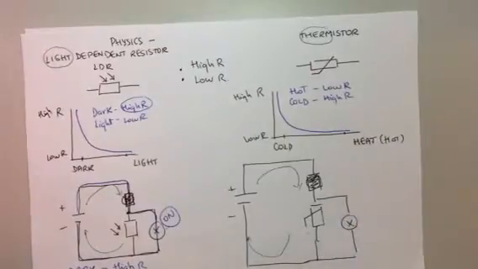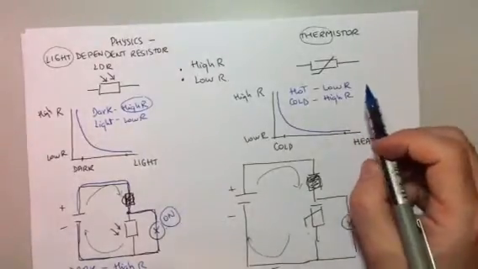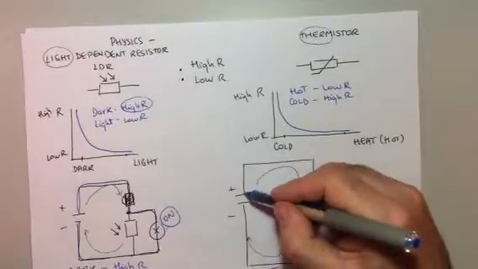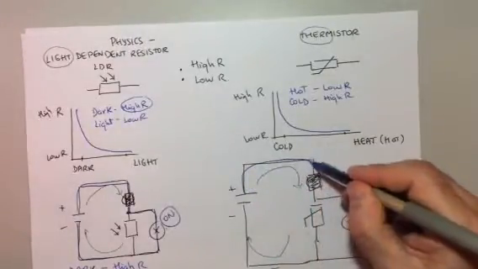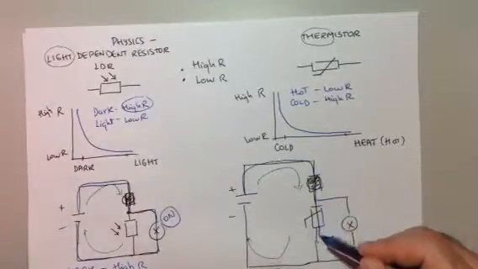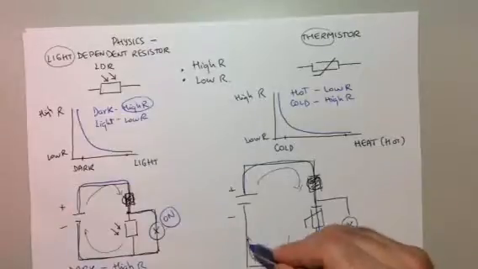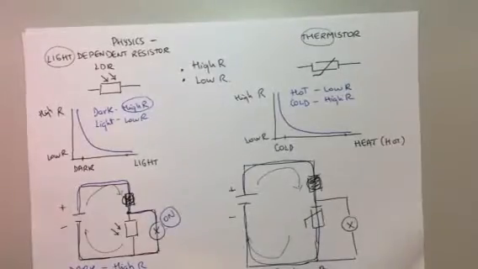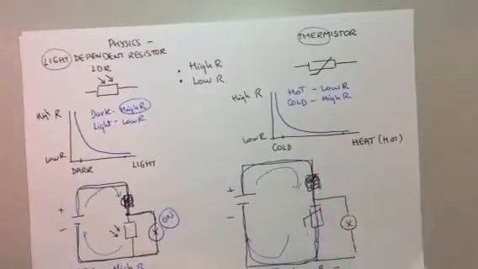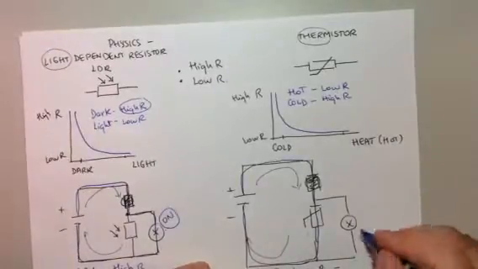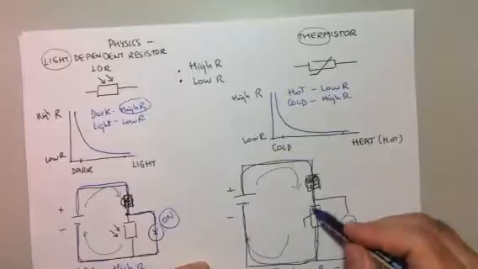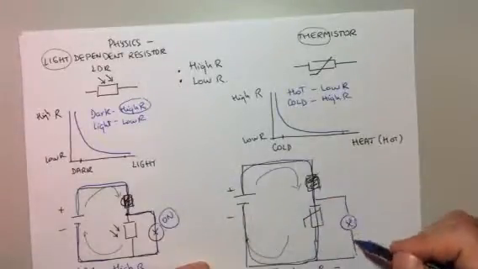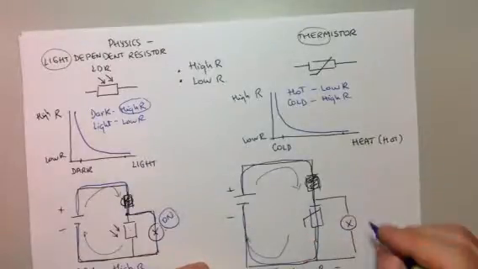When we have a thermistor, the same situation. When it's hot, this thermistor has a low resistance, so the current comes in, goes through the bulb, through the resistor, and then goes back to the terminal. So when it's hot, it's low R, which means the bulb stays off. When it's cold, you're going to have high resistance, which means the current comes, but because this one has a high resistance, it takes the path through the light bulb and goes back into the terminal. So this would be